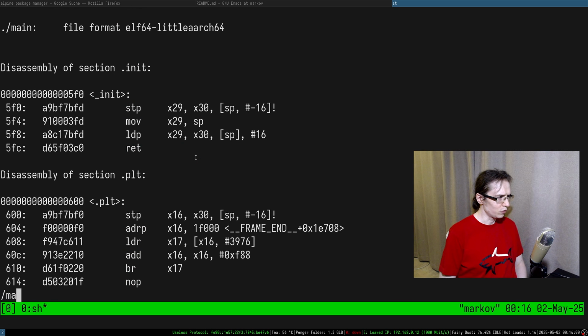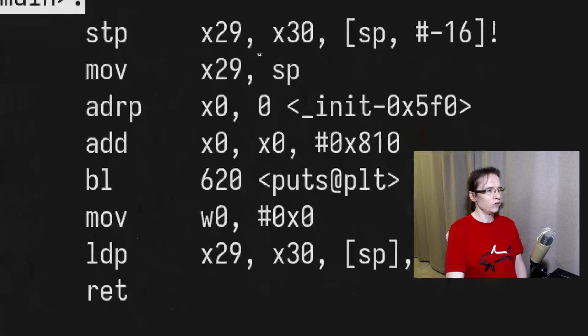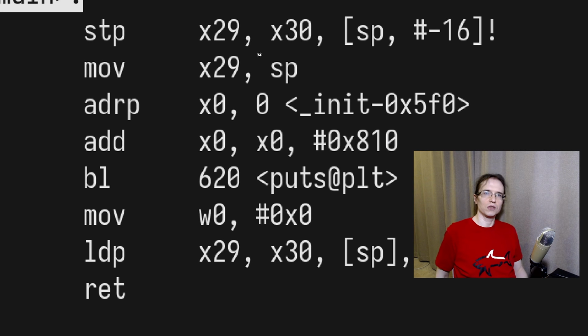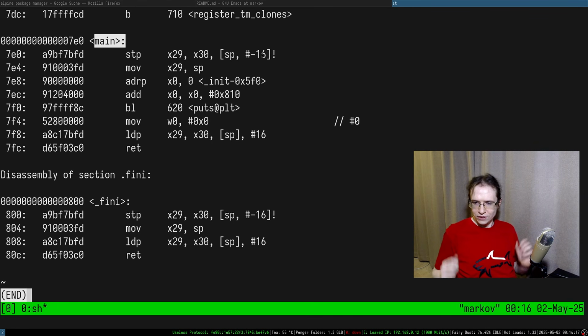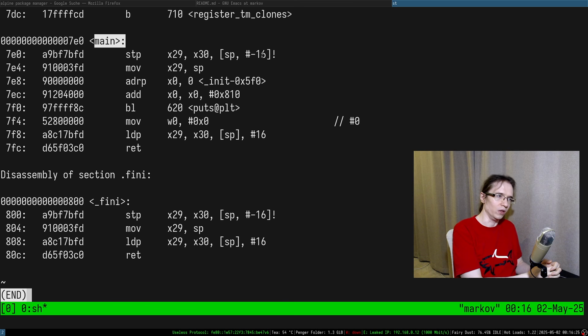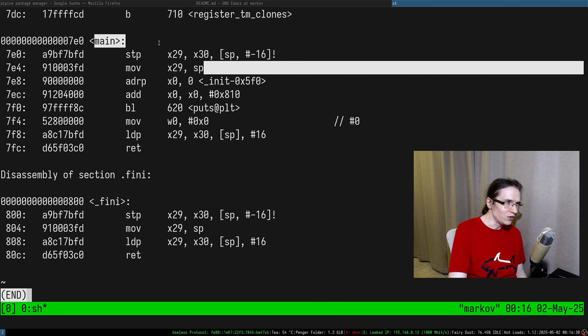So let me take a look. Main, something like this, I'm pretty sure. There we go. This is the ARM assembly. I have no idea what the fuck this shit means. Yes. So today's stream was literally to get to this point where we're looking at ARM assembly and I'm being confused about it, like, holy fuck, what the fuck is this shit? 31, whoa, yo, for real, I didn't think about that.